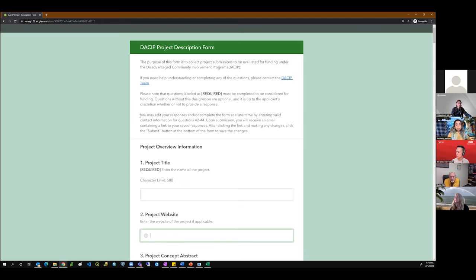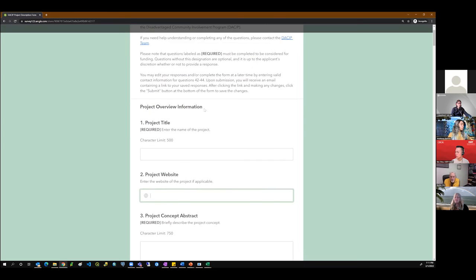The last part of the top of the form also mentions that there's a section at the bottom to enter contact information to receive an email with a link where you can view and update your answers at a later time if you need to. And we'll be talking about that section at the end of the demonstration so you can see how that works. And as we go through each of the questions on this form, I will be entering information for an example stormwater capture project in a neighborhood called Green Acres to illustrate how to fill out the form.